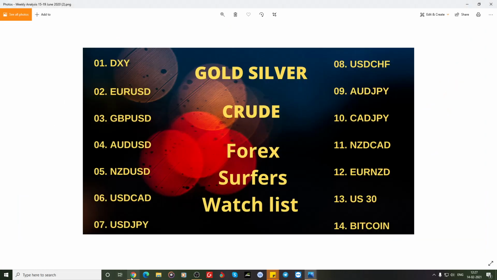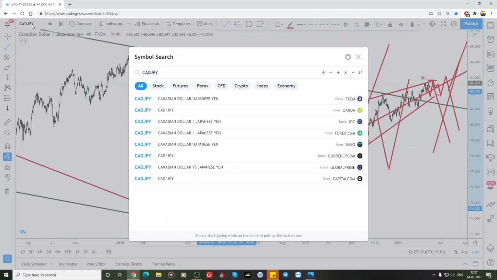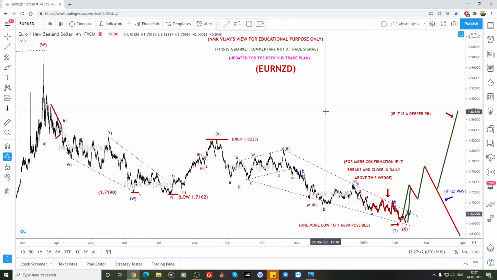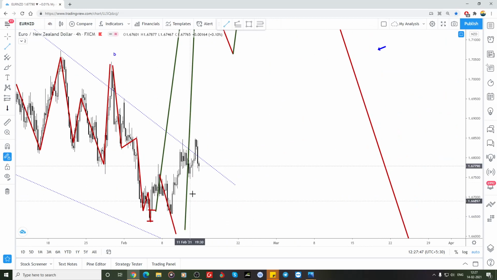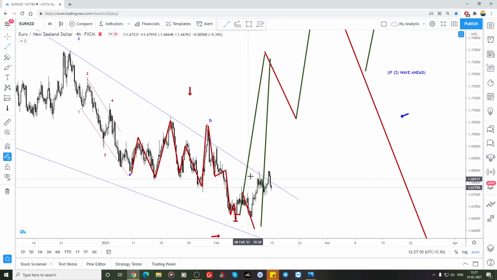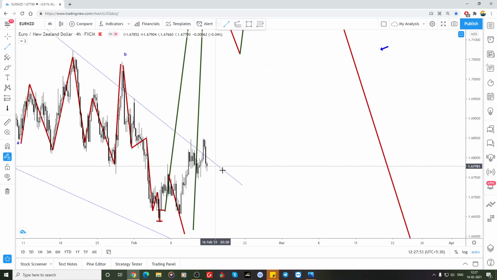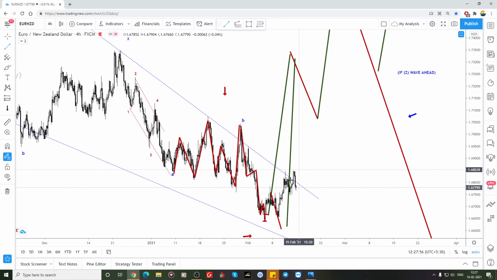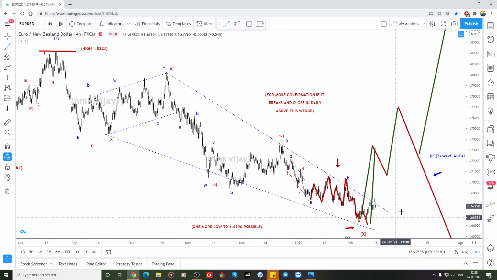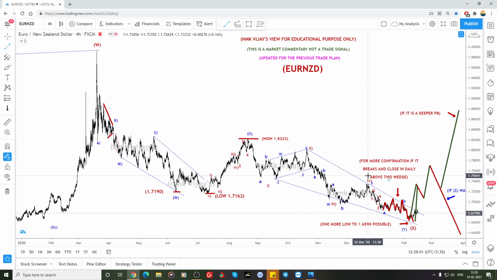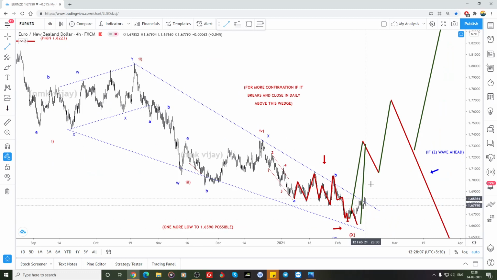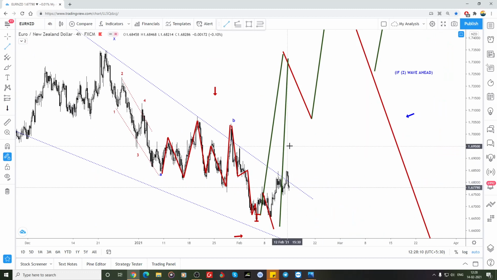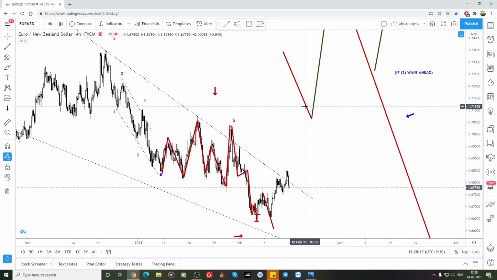So what is the next? Euro New Zealand. So Euro New Zealand also, I just keep on watching, and it keeps going, right. From here, I expected an aggressive move, but it never did. It's not an aggressive move. This is again the 3-3 wave structure it's doing. So if it is making a 3-3 wave structure, it will keep grinding to the lower, and we just need to keep changing the wave form. That's it. So there is no bullish till now. It's not making any bullish. So I'm expecting this kind of wave,